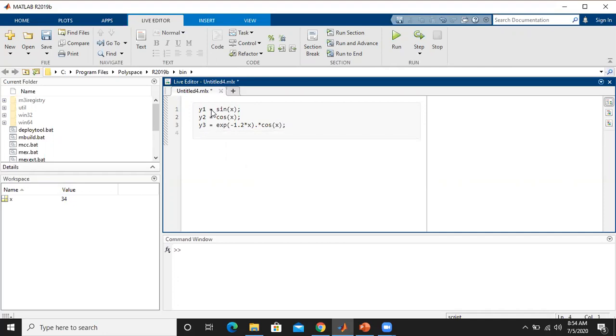Fourth function I am taking as y4. So here it is e power minus 2x into sin 20x. So exponential of minus 2x, array multiplication, sin 20x.